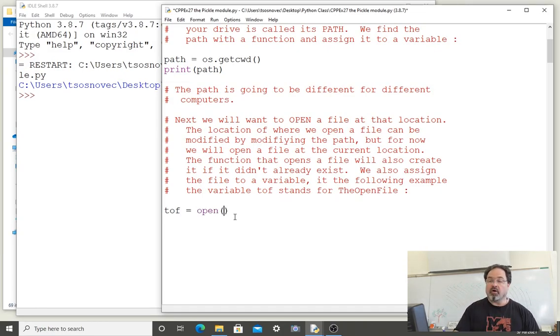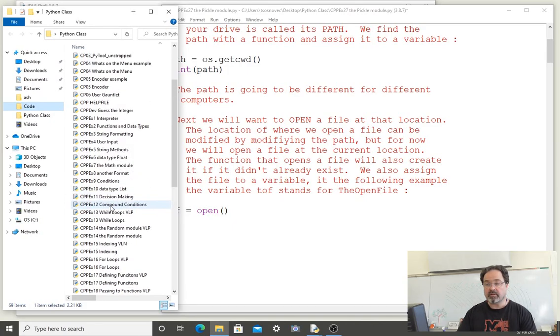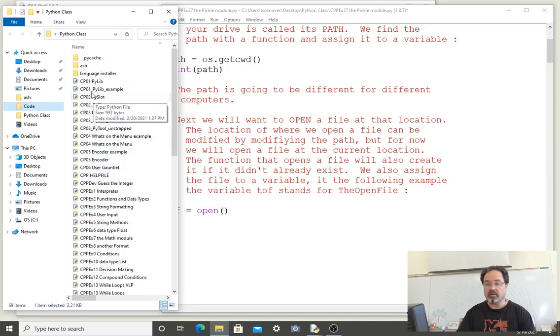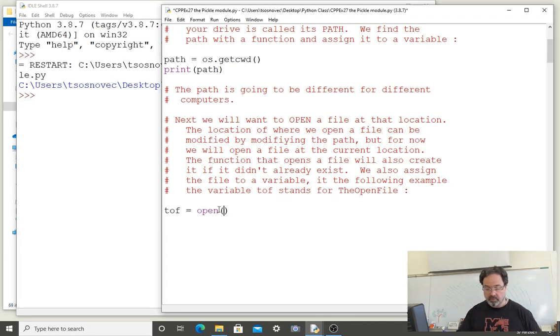We still have to write the argument of the open function, but before we do, I want to show that in my folder, the contents of the folder that is the same as the path location that I just discovered, the contents can be seen here. I'm going to make a file called data file, and I want to show that the contents, which is alphabetically listed, does not include a file called data file yet. So we'll complete the argument of the open,